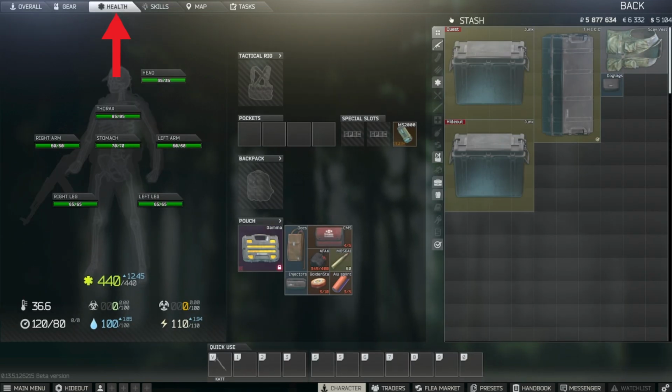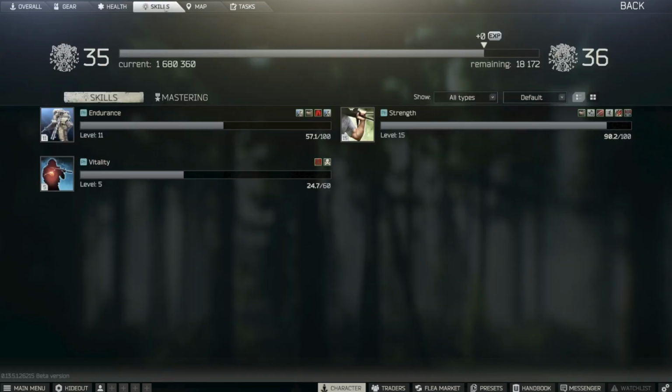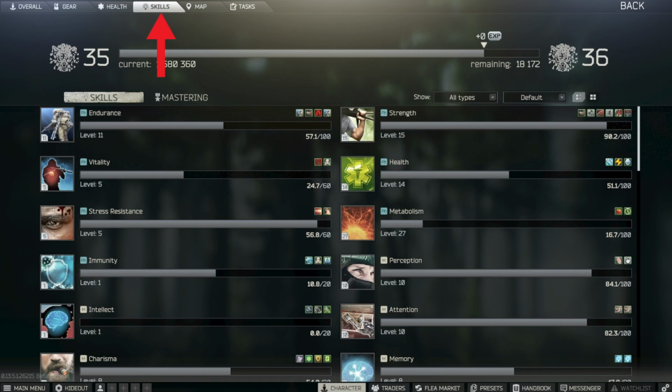Simply put, you can see your overall health on your PMC. Before going into a raid, I recommend reviewing this tab to make sure you're healed up. In Tarkov's current state, a lot of the information at the bottom isn't really important. With that said, in short, the only items you really need to worry about is hydration, energy, and your overall health. The skills tab shows you how close you are to your next level, along with a ton of various